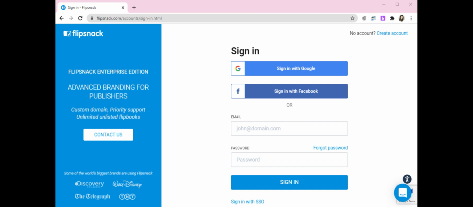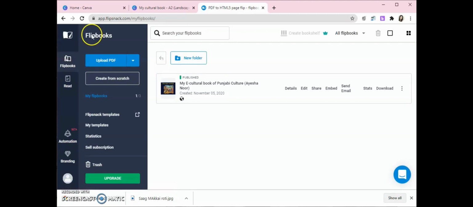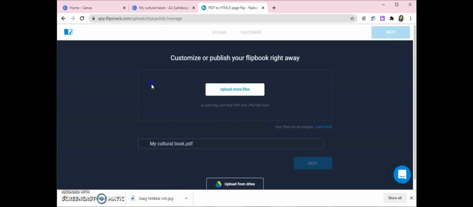Click on Sign in with Google and add your official email ID. After that, click on Add PDF and choose the saved PDF file. Wait a little while till the progress bar uploads the file.